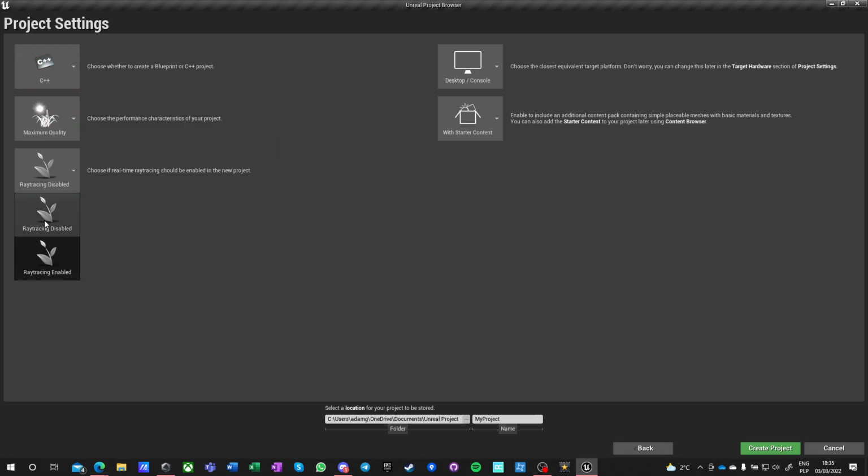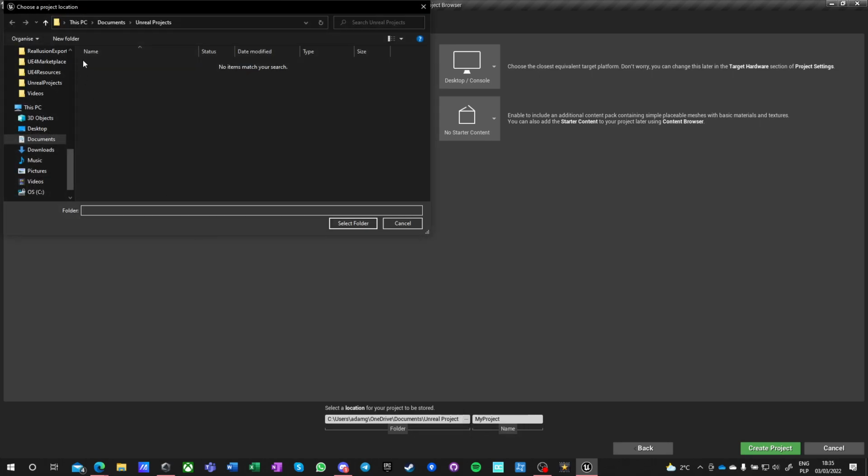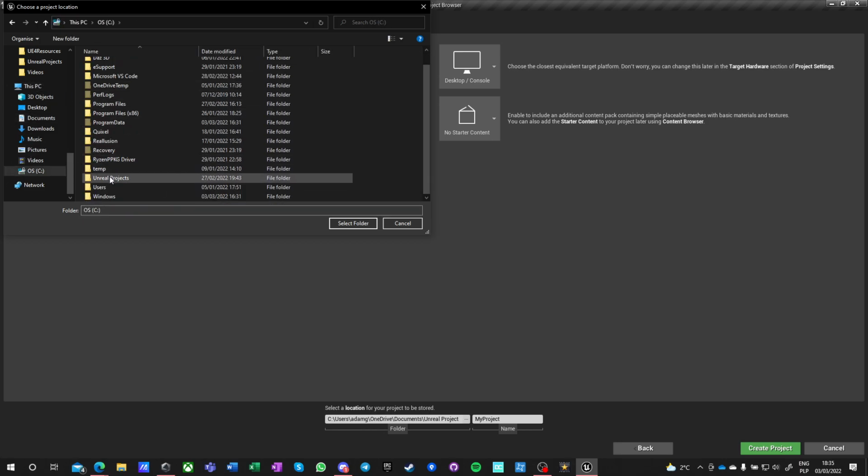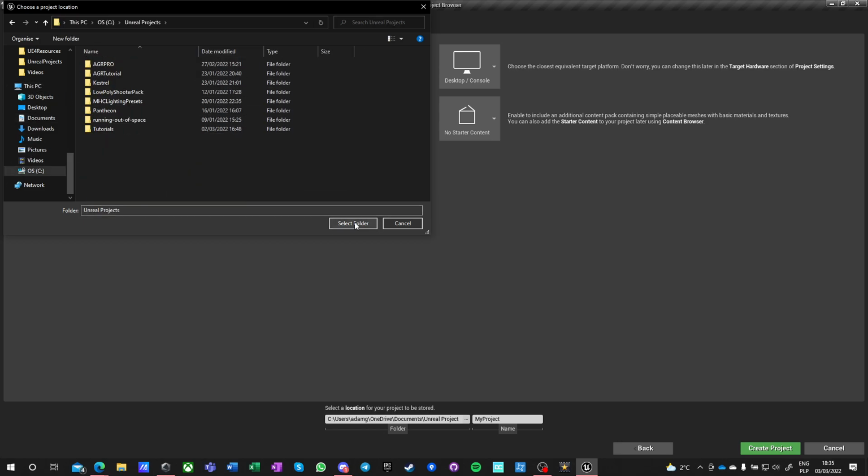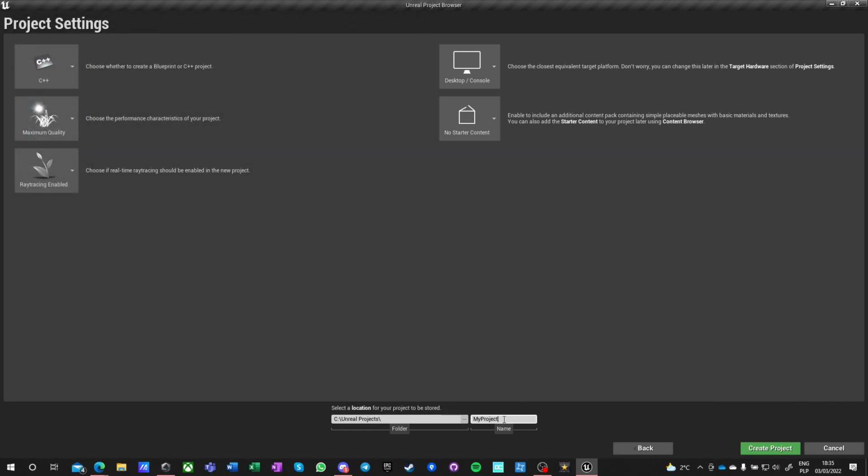Maximum quality, ray tracing enabled, because I have an RTX, so I don't see why not. Desktop console, this is the target platform, and without starter content. The starter content is just taking a lot of space for no particular reason. And I definitely don't want to host everything in OneDrive. I want to go just here, C drive, Unreal projects, select folder, and my project will be called